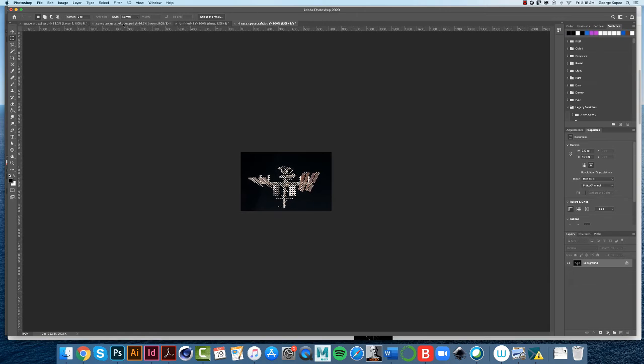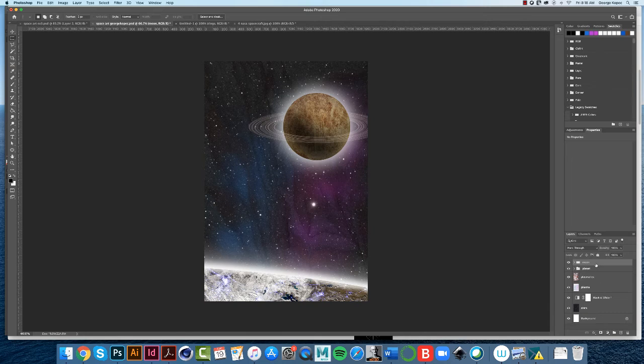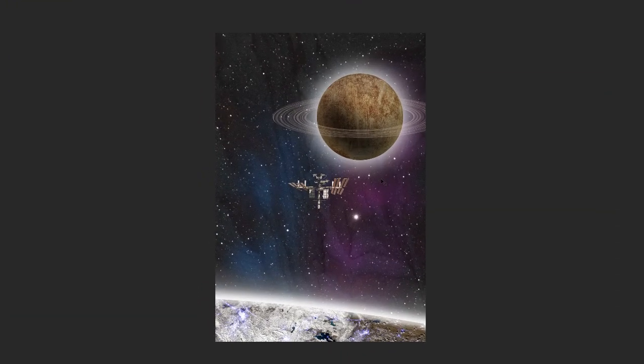And then let's go to the file that we've been working on. Make sure you're on the top element, on the moon layer on the top, and press Command V. And there's our spacecraft, and it's looking really cool. All right, so Command T,